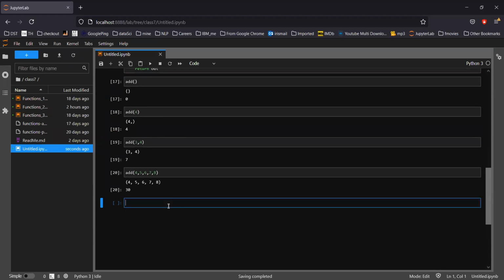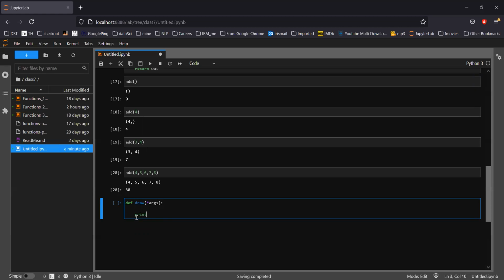Let's design a function which will print a few details. Let's say define a function with star args colon. Here, the very first thing I'm going to do is see what the length is, meaning how many inputs the user has passed.